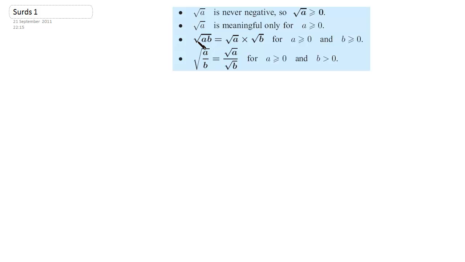Now we're going to use this identity where the square root of ab equals root a times root b, and the square root of a over b equals root a over root b. So the first example we're going to do is to simplify a couple of these. So we're going to simplify